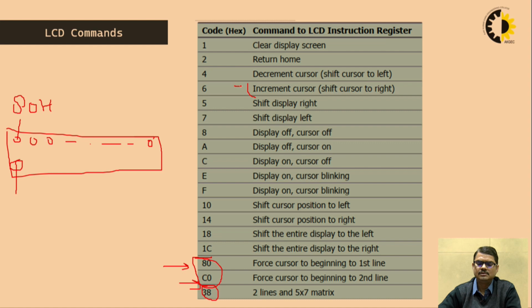increment cursor command, that means the first character of the string is going to be displayed at 80H, then the second character is automatically going to be displayed at 81H, because we are forcing the cursor to shift right by one position. So there is no need to give an address command for each and every character. If we want a gap or we want to put any character at a specific place, then these commands are needed actually. So these are the few commands which can be used while we are programming the LCD with the 8051